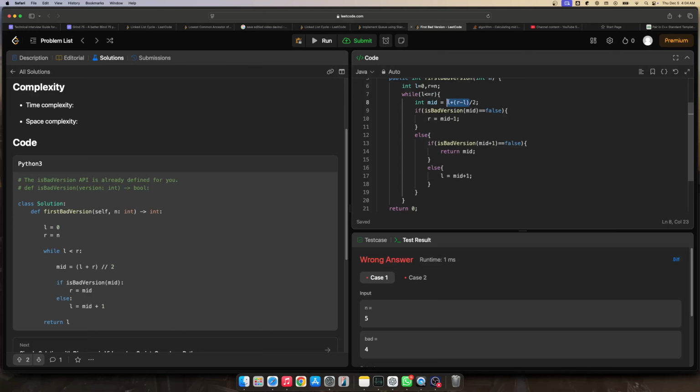Let's calculate it normally. Oh, this is fine. The way of calculation is fine. l plus r minus 1 equals 2. Though I guess